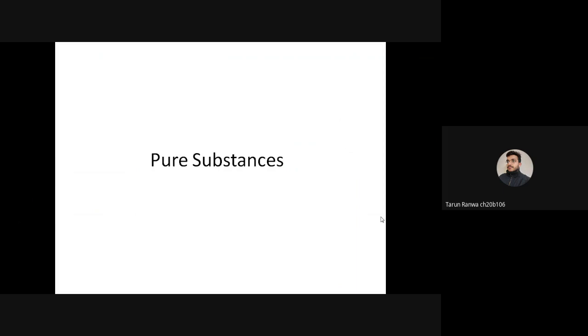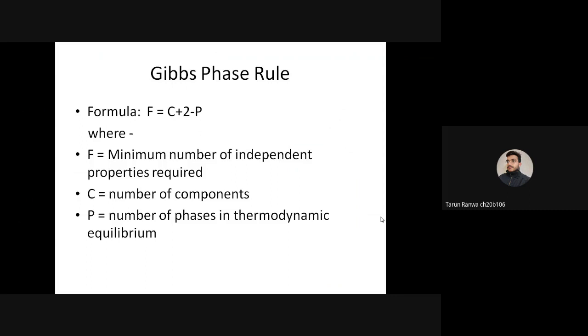So in this module, first we will discuss pure substance. Initially, let us discuss the Gibbs phase rule. Here we know the formula of the Gibbs phase rule, where F is the degrees of freedom, which we can write as F = C + 2 - P, where F is the minimum number of independent properties that are required